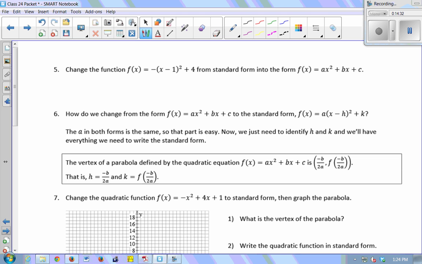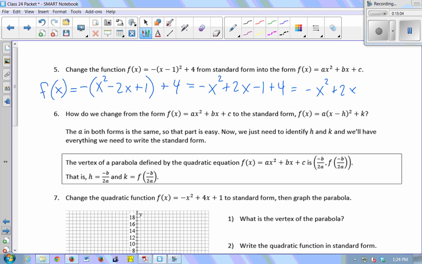Just switch it around a bit. Yeah, we just could do some simplifying. So f of x equals, I've got this negative sign, and then I'm going to square x minus 1. Just do all the multiplication out. x minus 1 squared is x squared minus 2x plus 1. And then I still have the plus 4. Distribute that negative sign, and I get negative x squared plus 2x minus 1. And then combine the negative 1 and the plus 4, and we have negative x squared plus 2x plus 3. It's the exact same function